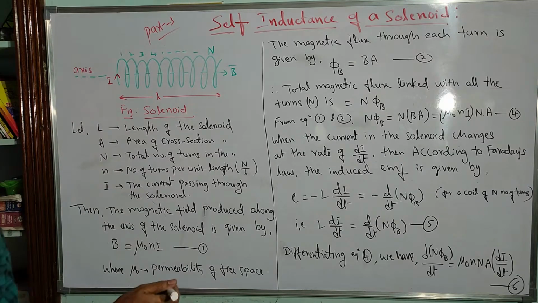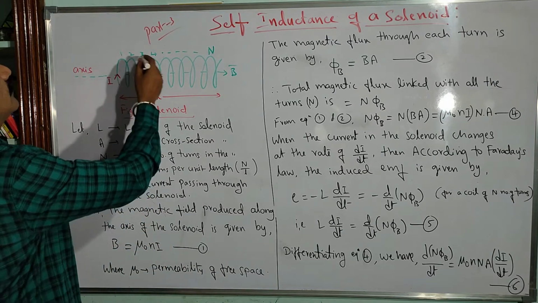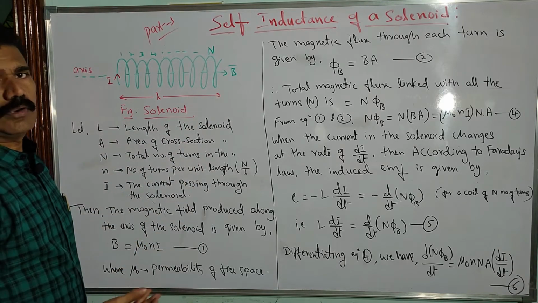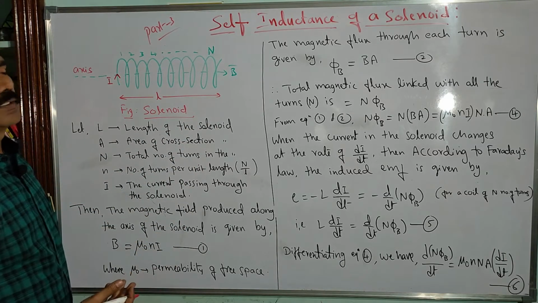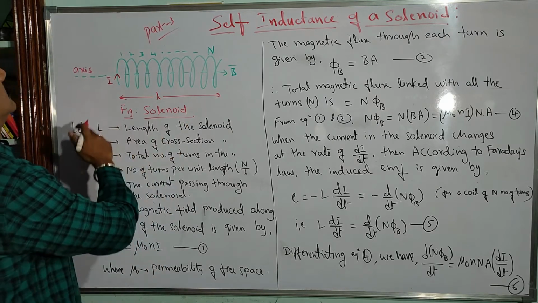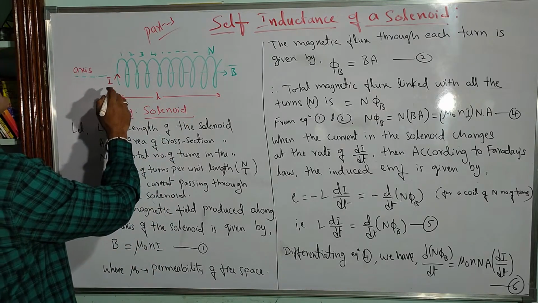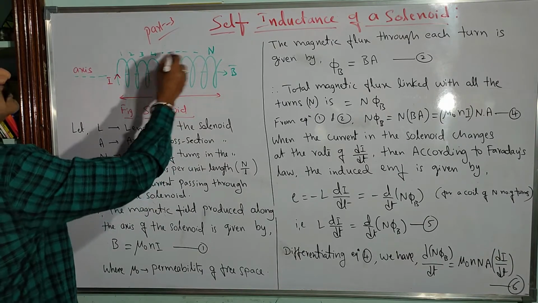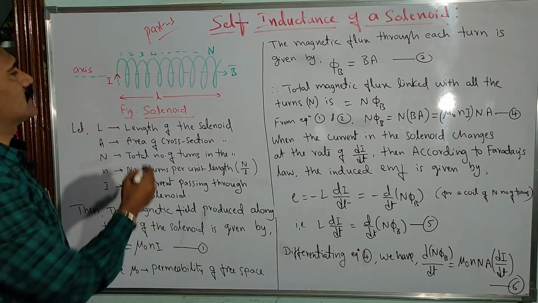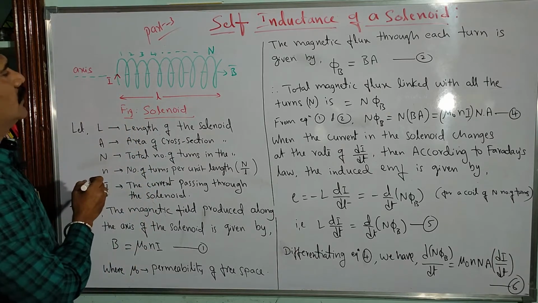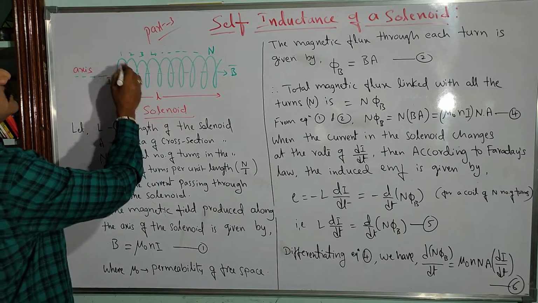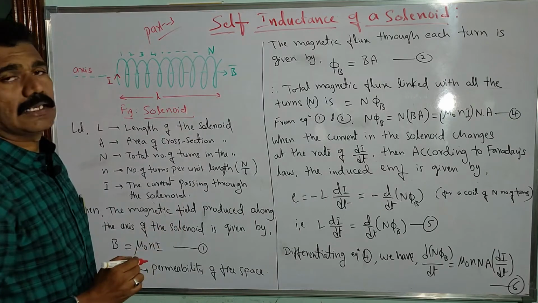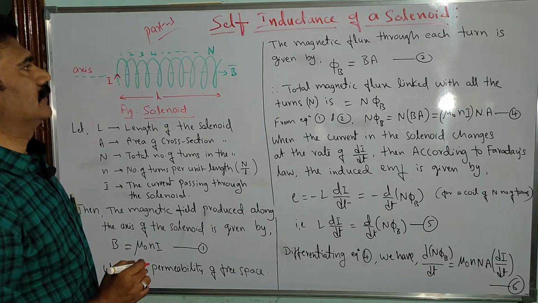Consider, as I told, a solenoid consisting of a number of turns like this, made by a certain conductor, a copper coil or aluminum coil; you can take any good conductor coil here. That is actually called a solenoid. Now the current passing through the coil is considered as I, in a particular direction. That means the solenoid is carrying a certain current I. How many turns can we write? Each turn like 1, 2, 3, 4, 5, etc., up to, let us say, a total of n number of turns in the solenoid.